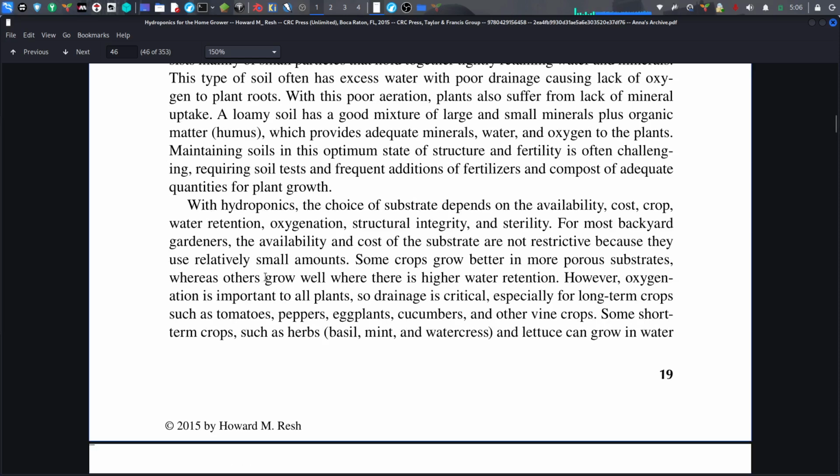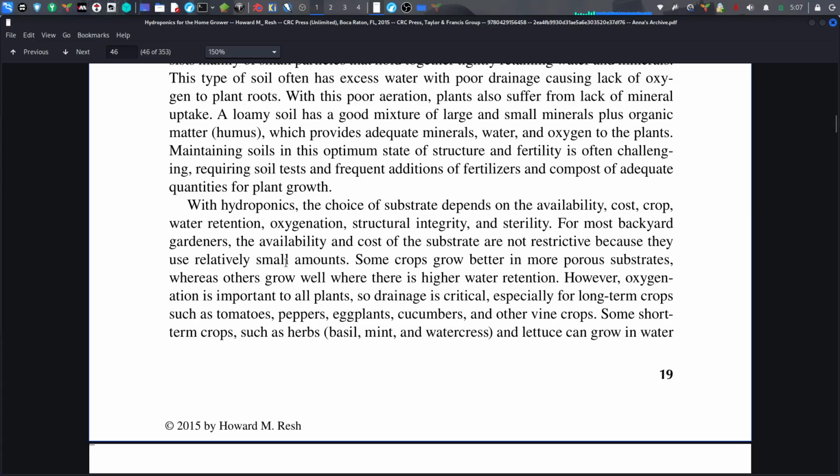With hydroponics, the choice of substrate depends on the availability, costs, crop, water retention, oxidation, structural integrity, and sterility. For most backyard gardeners, the availability and cost of the substrate are not restrictive because they use relatively small amounts. Some crops grow better in more porous substrates, whereas others grow well where there is higher water retention. However,